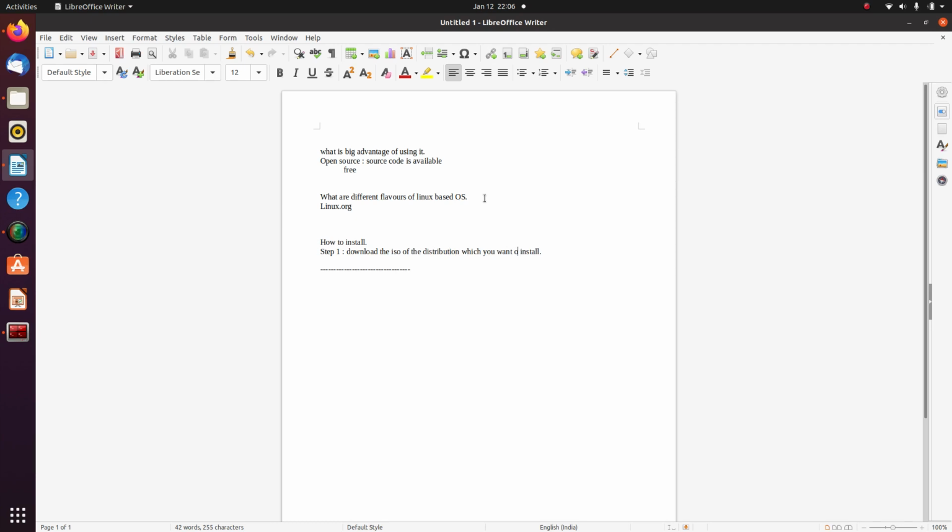Pardon me for wrong spellings. Then second step will be to create a bootable media, like it can be a CD or it can be a pen drive. And step third will be to use it to install